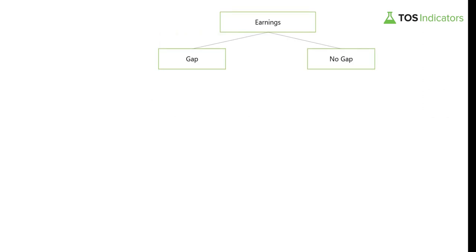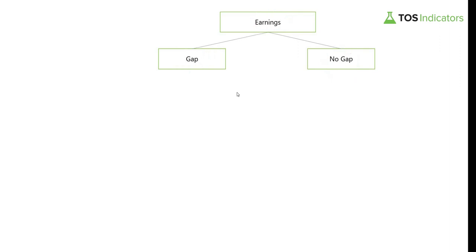Okay, so let's start with the tree diagram to discuss what the specific indicator will be focusing on. I care only if we have the actual earnings data released, and so for that I care about the actual day of the earnings. And once I have the day of the earnings, I want to check whether or not we had a gap up or a gap down. And really these are the two first variables that I'll use to divide the earnings into two groups, at least